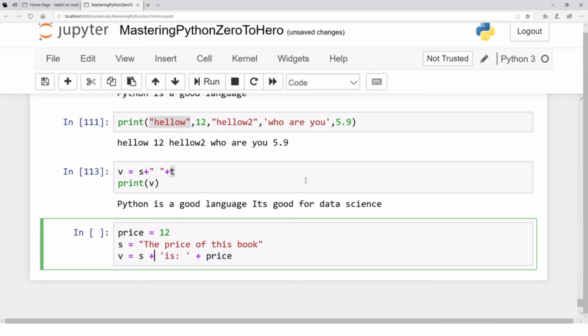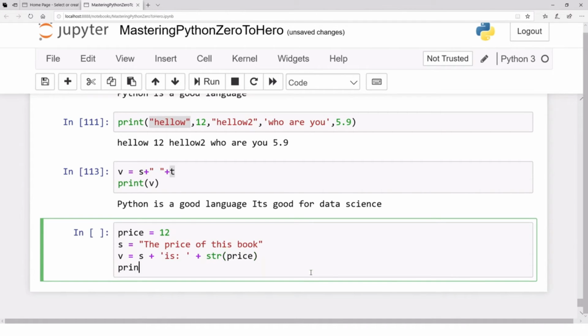How can we make a message like the price of this book is whatever the value of the price is? One way to do that is to convert the type of the variable price from integer to string. That means whatever the value, in this case 12, becomes a string of characters 1 and 2, and now it can be concatenated with the rest of the string,